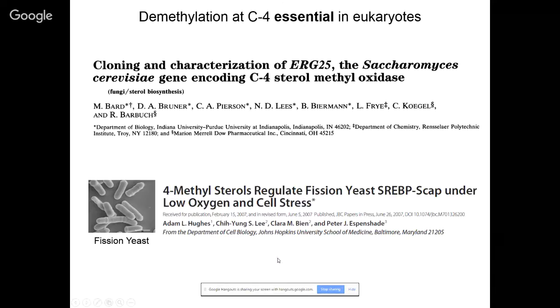Also, there's a role for this accumulation of 4-methylsterols in fission yeast as a signal for low oxygen and cellular stress, which induces a whole bunch of transcription of stress responses in these fission yeast when they start to accumulate these 4-methylsterols. And so we were interested in why Methylococcus capsulatus not only produce sterols, but specifically produce these 4-methylsterols. And so we thought what we could do is we could knock out the genes that were responsible for demethylating at the C4 position and try to do some characterization of phenotypes, see if they were related somehow to low oxygen or some other kind of cellular stress.